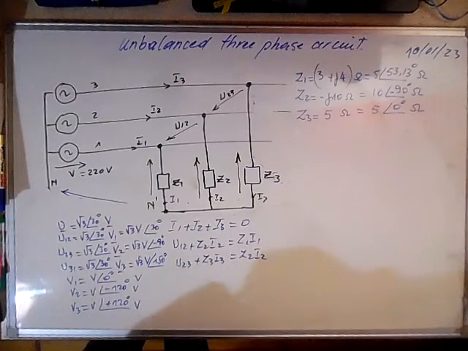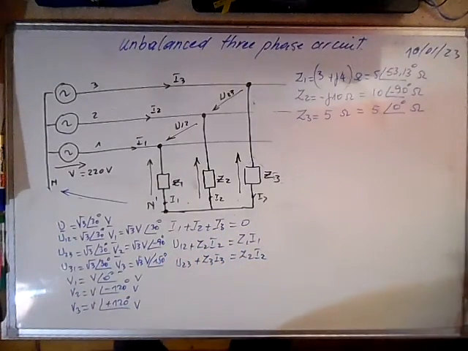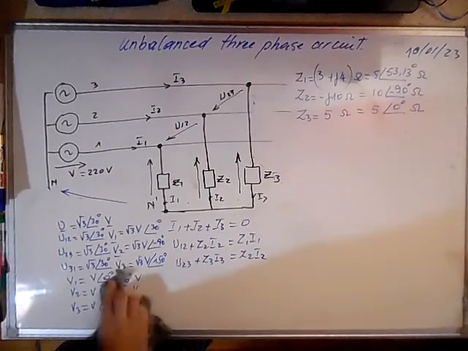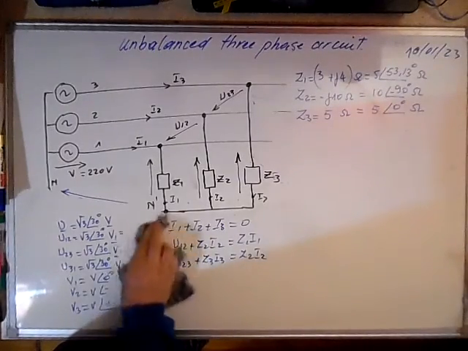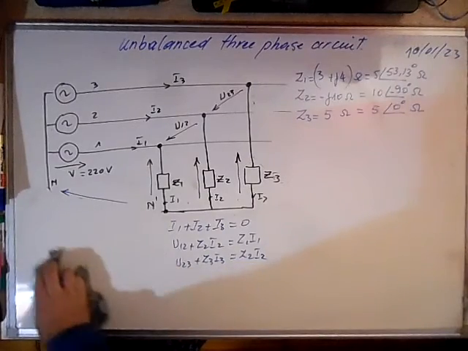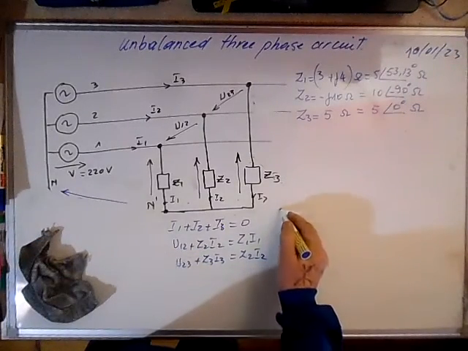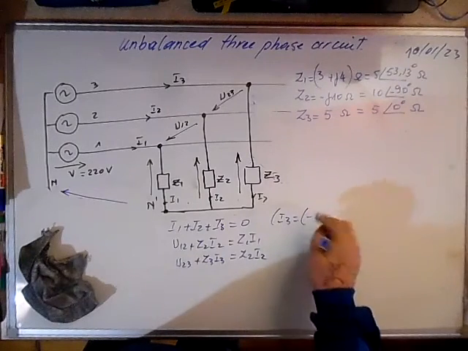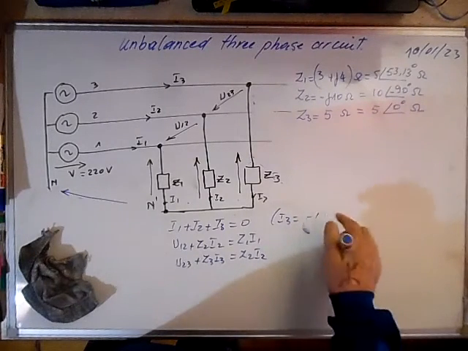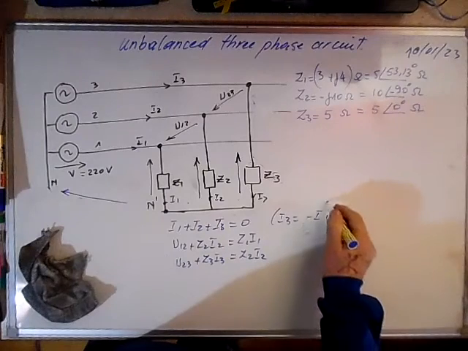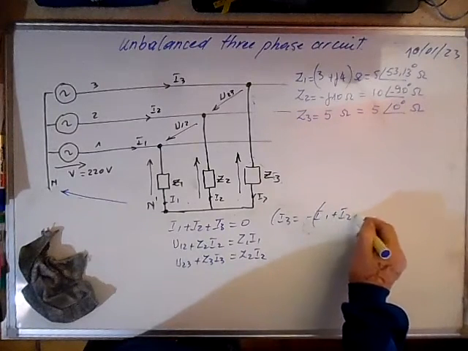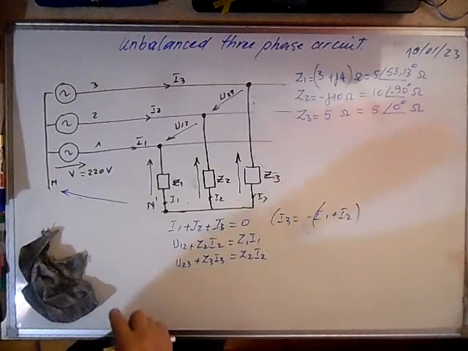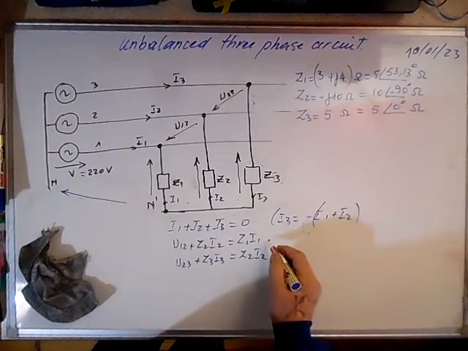So now we can solve this system of equations. We can change it a little bit: we have to replace I3 by minus I1 plus I2, and these equations will become